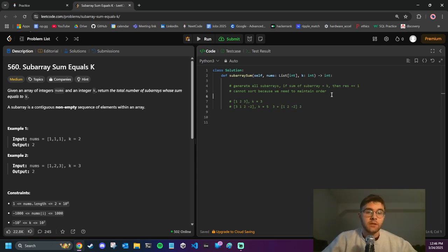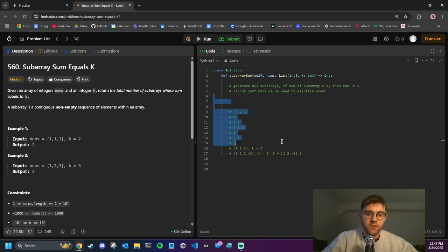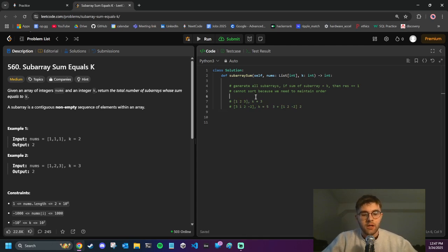So to generate all subarrays in this case, if we have 1, 2, 3, all the subarrays would be 1, 1, 2, 1, 2, 3, 2, 2, 3, and 3. So this looks like n squared behavior. So a way that we could do that is starting at every character, we can just